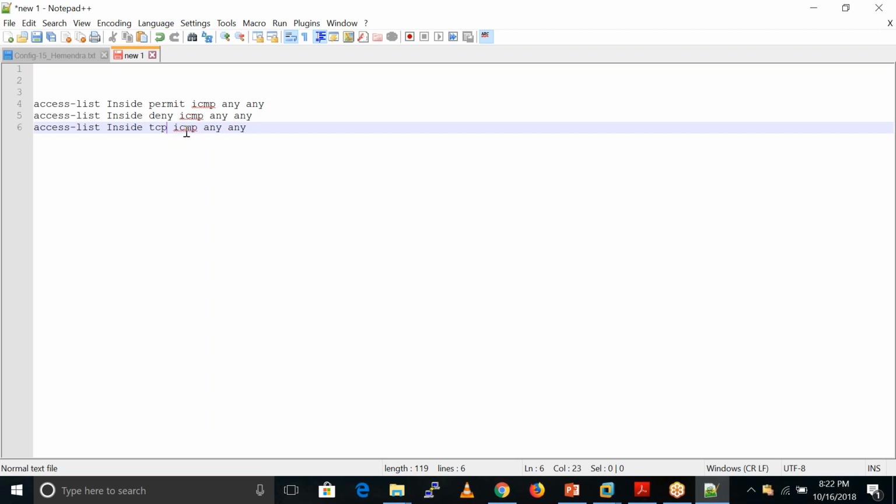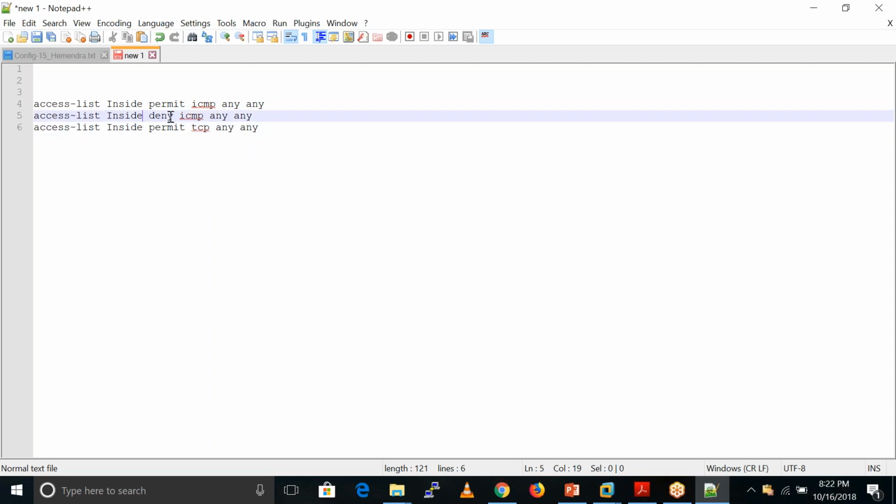Here I am allowing all the TCP traffic. If we want to deny ICMP traffic, we need to put this rule above this first rule, because the first rule is basically allowing all the traffic, right?